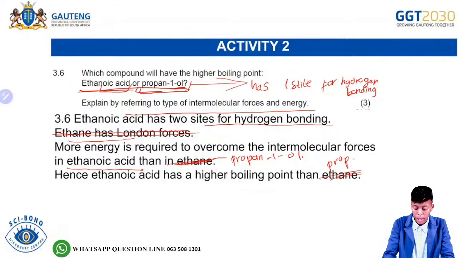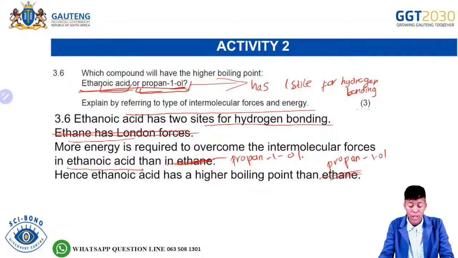So again, when you write this question, you are going to state what you know, so the type of intermolecular forces. The type of intermolecular force in ethanoic acid is hydrogen bonding, but it has two sides for hydrogen bonding. And the type of intermolecular force in propan-1-ol is hydrogen bonding, but it has